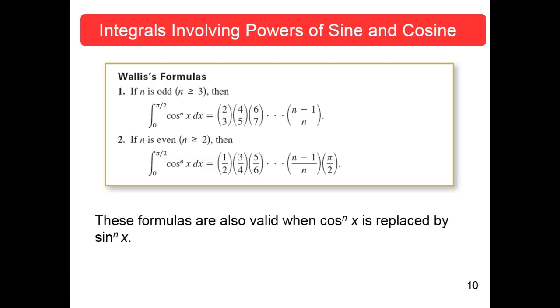If n is odd and you've got cosine, odd and greater than 3. Now what they don't say here, and I think they should have said, is that n is an odd integer greater than or equal to 3. Well, I guess when you say odd, you imply integer. Then if you're integrating just from 0 to pi halves of cosine to the nth x, where this is an odd number, okay, then